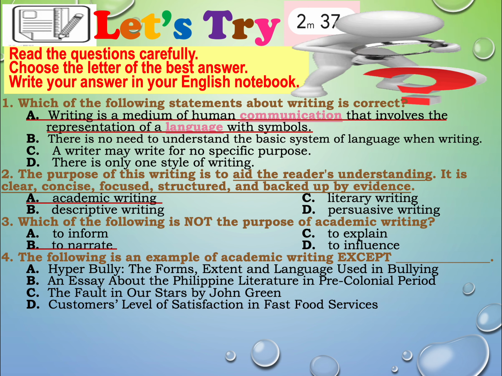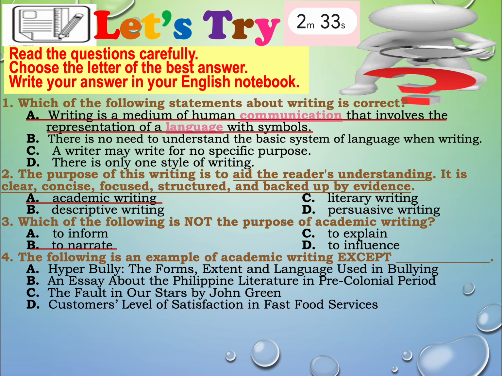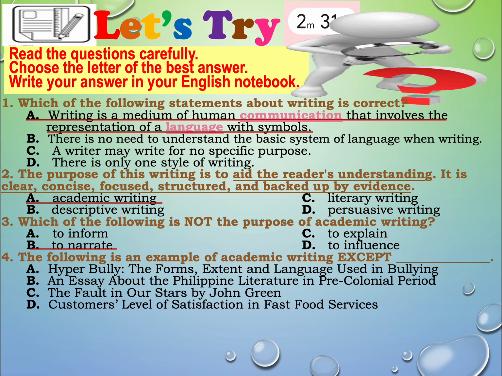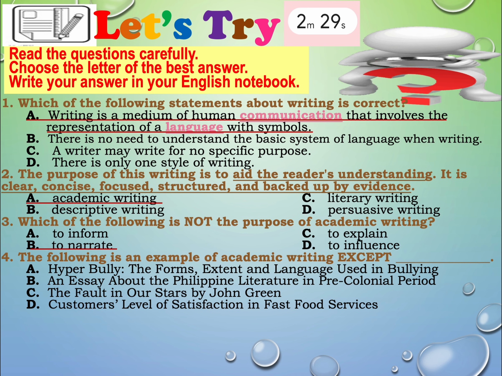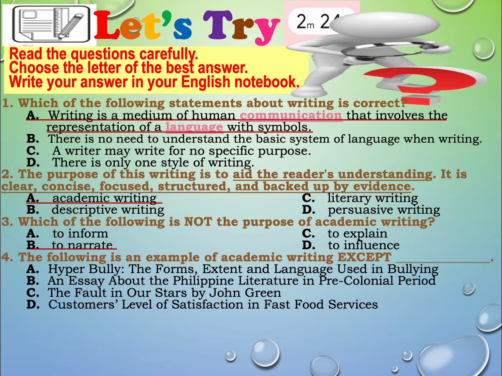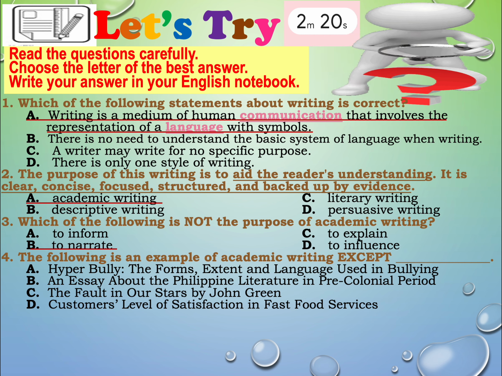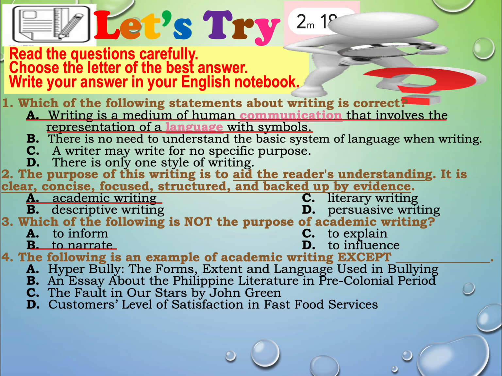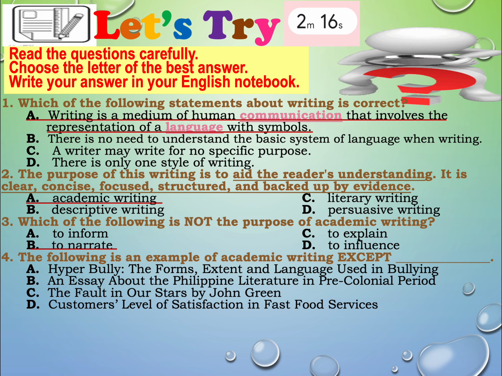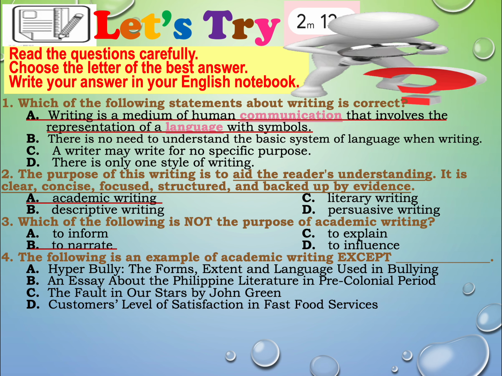What is it? A. Hyperbole. The forms extend the language used in bullying. B. An essay about the Philippine literature in pre-colonial period. C. The Fault in Our Stars by John Green. And D. English 7, Quarter 4 module. Which one is not an example of academic writing? Letter